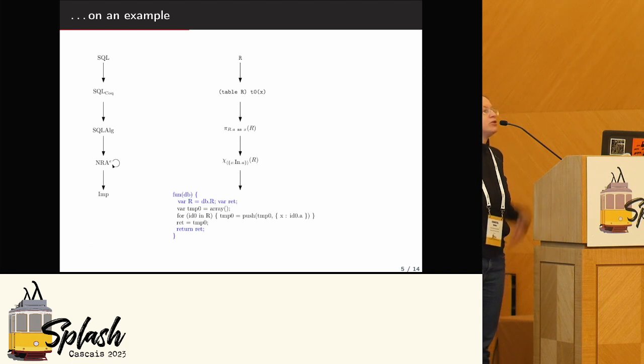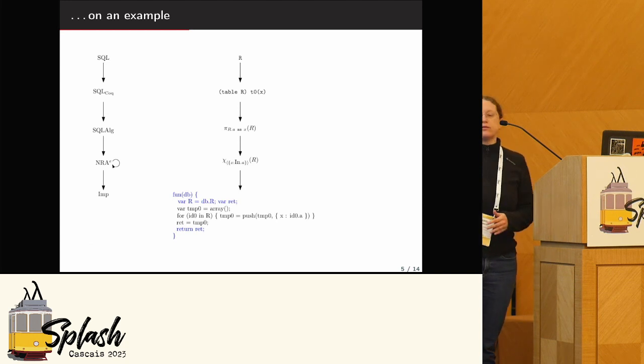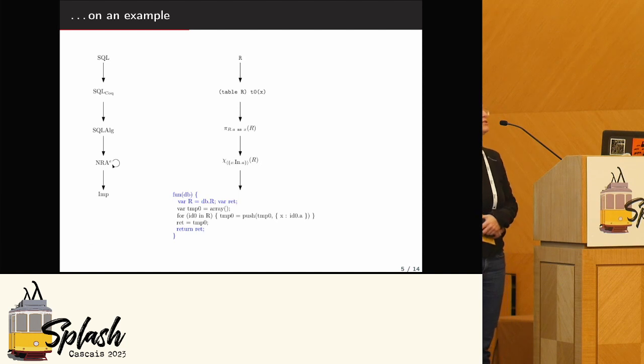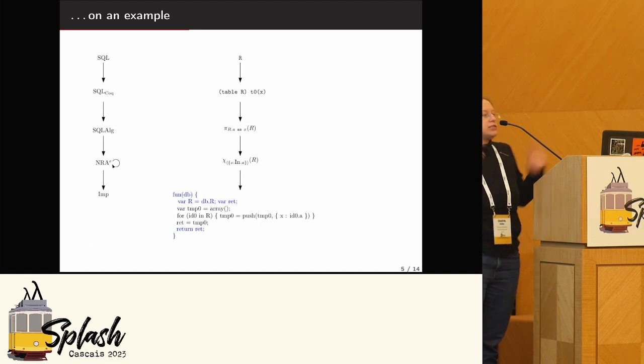And finally, we go to an imperative language. So this query becomes a function that takes a database. So the blue part of the result is something which is always present. Okay, it's a function that takes a database. You give names to the tables that are in the database, and you create a new variable ret, which is going to be returned in the end. And in the meanwhile, the black part corresponds to the actual query and puts the result into red. So this works. This is the main picture of the compiler on an example.